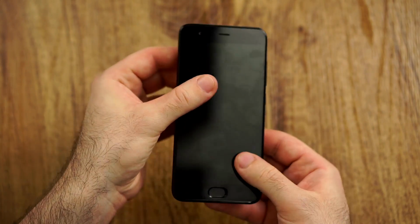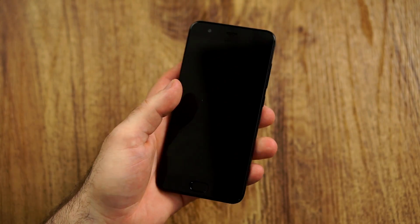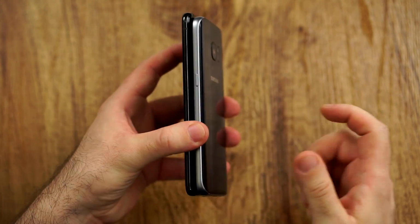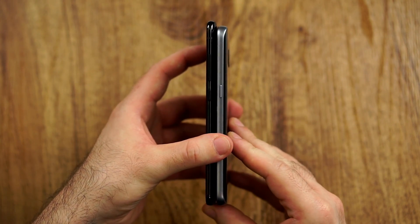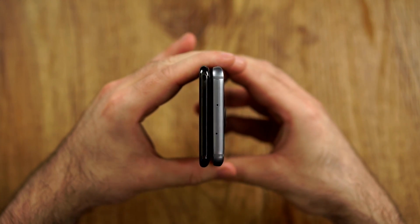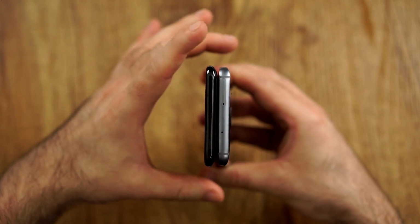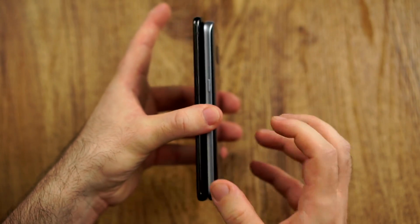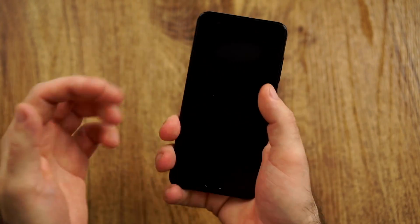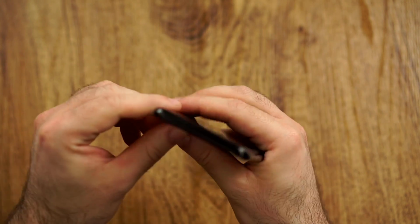First of all, design. I have to say it's absolutely gorgeous because it resembles the Samsung Galaxy S7 a lot. That I loved as well, since this was my daily driver for the last year. And I would compare them quite similar because, as you can see here, the Xiaomi Mi 6 is a little bit wider and a little bit taller, but therefore thinner S7. That's pretty much how you can describe it quite well, because this is what it feels like,